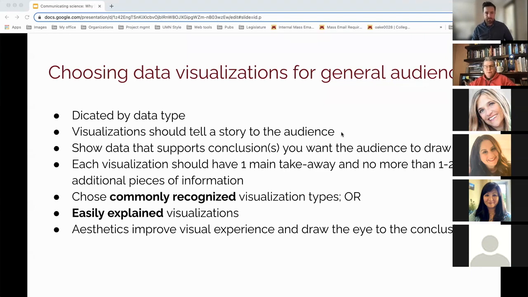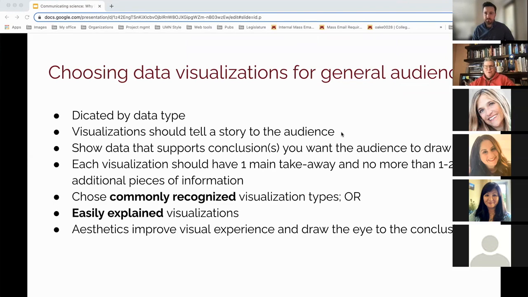As scientists, we learn over time, and we're trained how to create figures and tables and other ways of visualizing our scientific concepts. And depending on who you're trained by or where you are in your career, you may feel very comfortable with this, or you may feel like you need more support in learning. And today I'm really going to focus on what does it mean to choose data visualizations for a more general